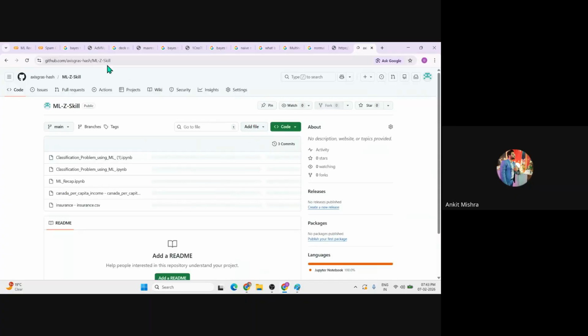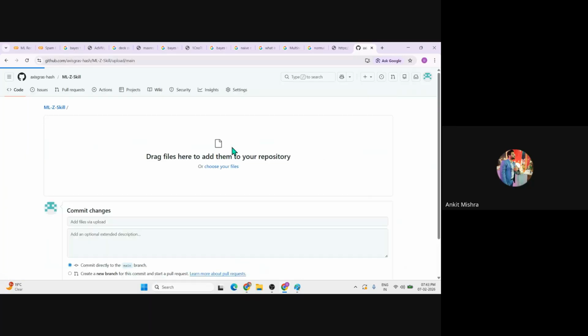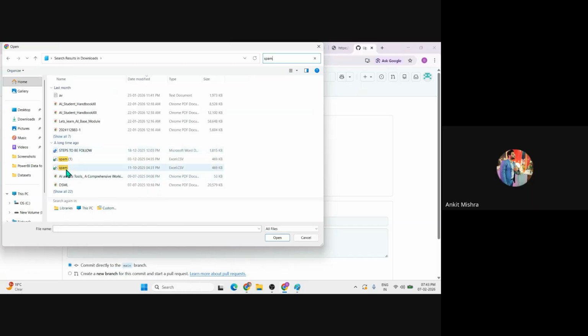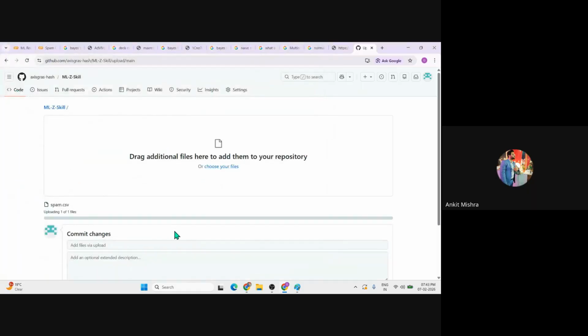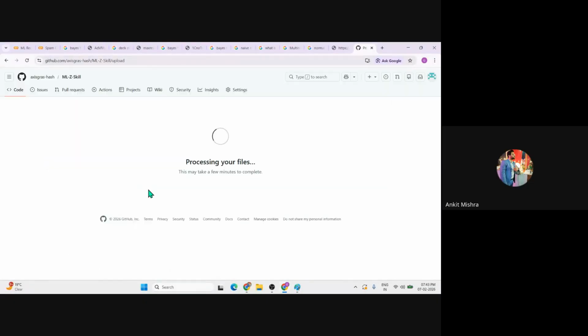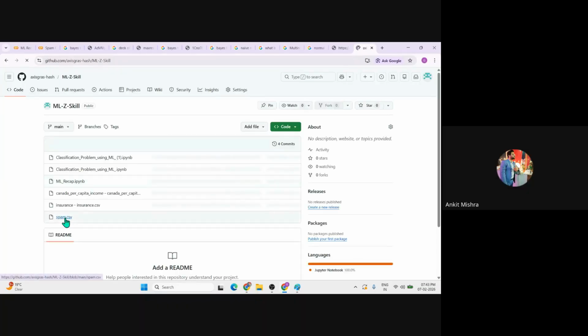All of you have this GitHub ID now, so you can simply download the dataset from here. And if you want to directly use it from here, you can use it as well, right? Okay, since the data is uploaded successfully, let me click on this.